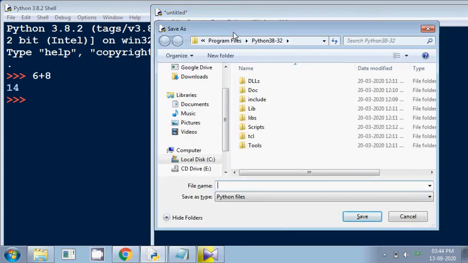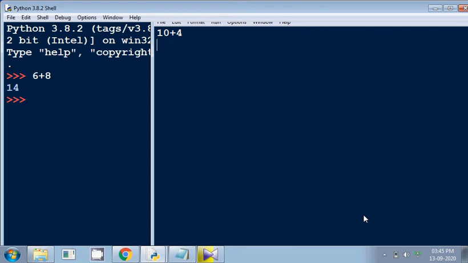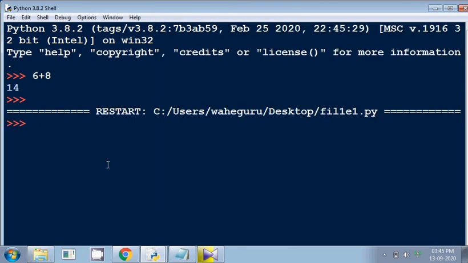Let me save this file on desktop with the name file1. .py will be added automatically after this file because it is a Python file. So it was saved, and we can see the output as 14. Okay, we didn't get the output actually, so let's try it once more.